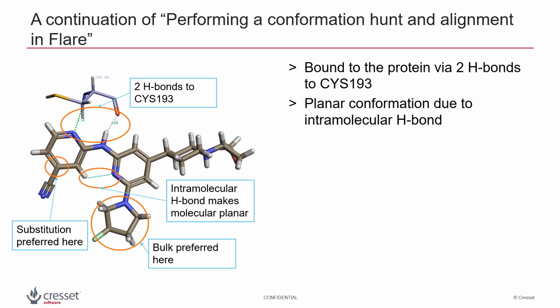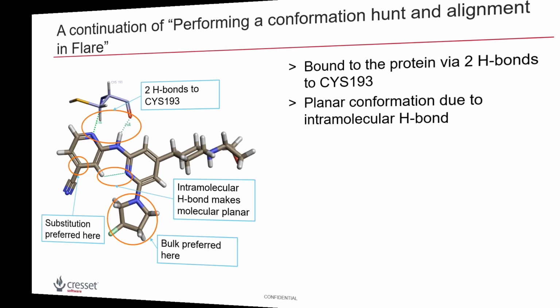The ligand is bound in the active site via two H bonds to cysteine 193. It also has a CHN intramolecular bond. I noted in the previous web clip that the more active molecules had a bulky substituent at the position shown on the slide. Bearing these considerations in mind, a new molecule design project could involve a scaffold hop, specifically changing the molecule's core to another planar heteroaromatic such as pyrazole, thiazole or imidazole, or an equivalent moiety that maintains the